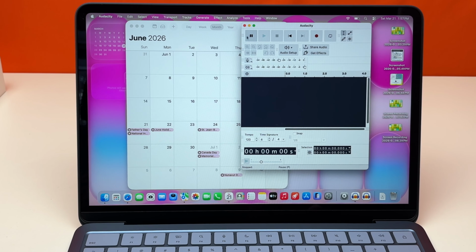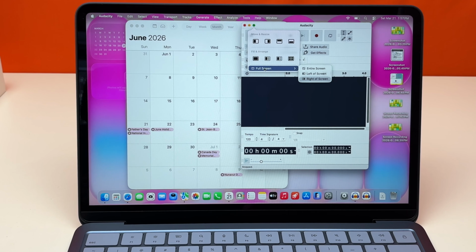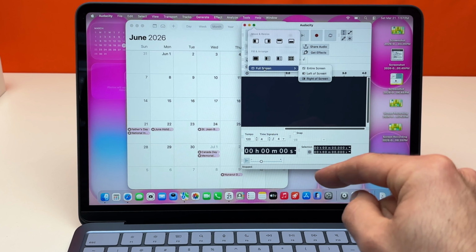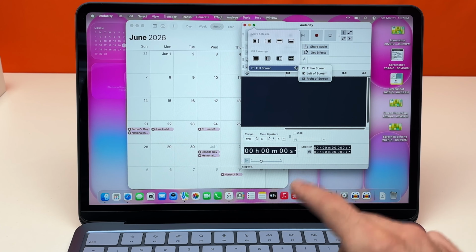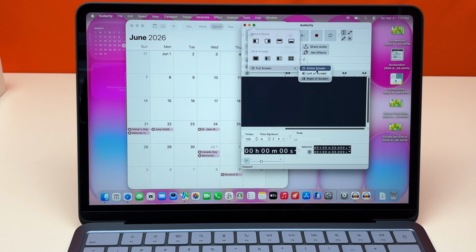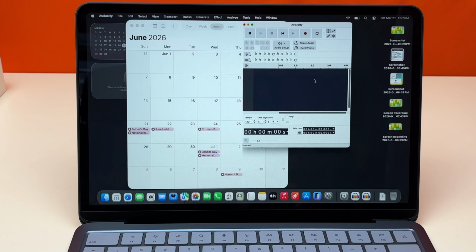If you pass your cursor right above the green circle on the top left corner of one of the windows, you're going to have more options appearing. You have move and resize, you have fill and arrange, and finally you have full screen. If you want to have exactly what I showed you a few seconds ago, you need to go in full screen. And for example, if I want to place this app on the right side, well, I'll click right side,